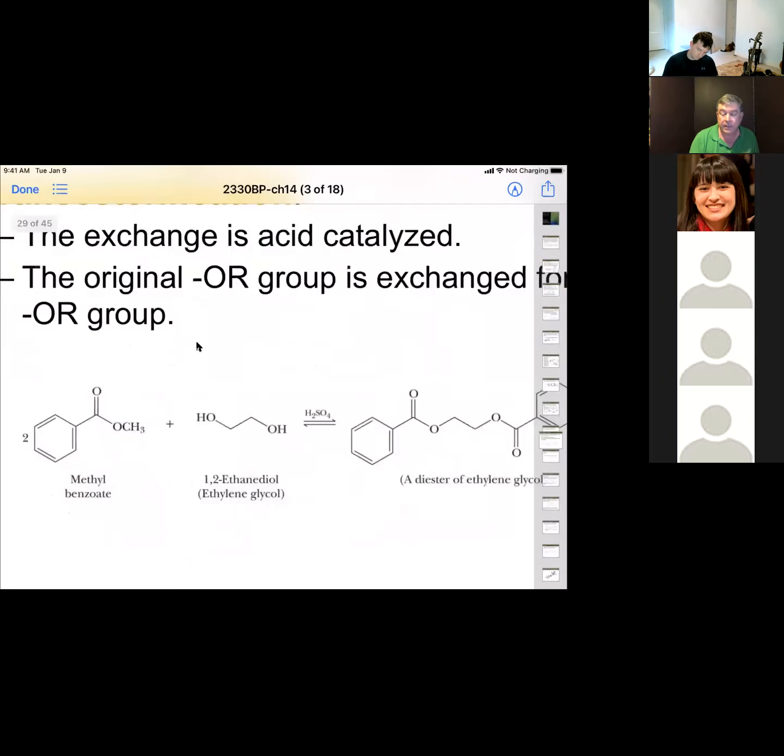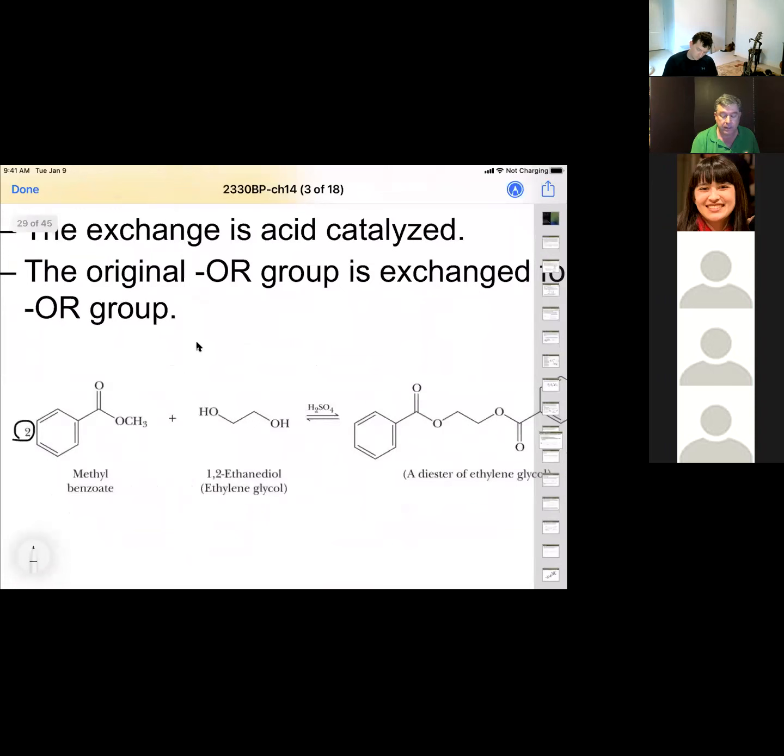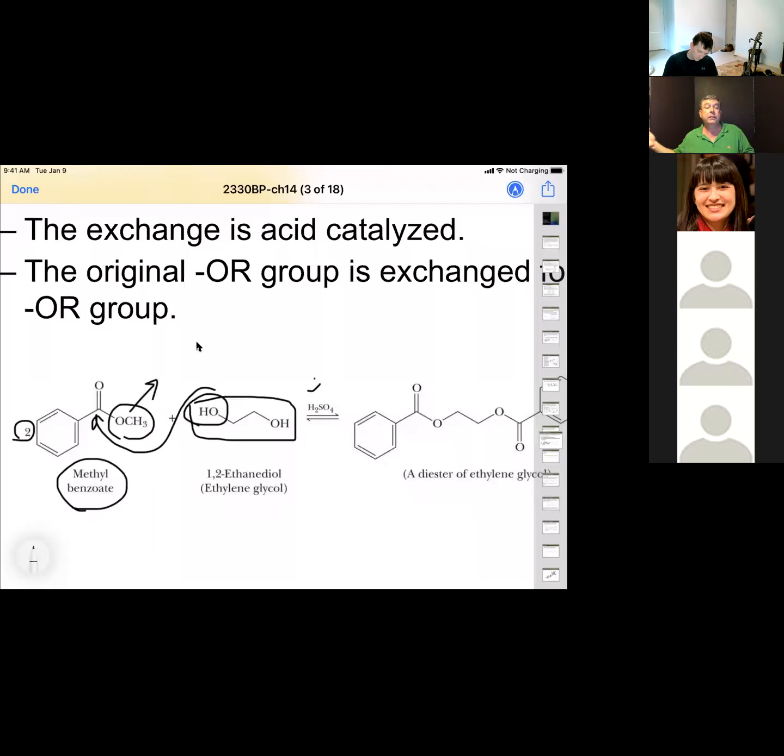So let's look at this reaction here. In this case, we have two equivalents of this methyl benzoate. So that means the alcohol component of our ester is methanol. And that boils around 56 degrees. Then if we take it and have a higher boiling one, ethylene glycol, which boils at like 200 degrees C, and we add a drop of acid, we can slowly use our alcohol as our nucleophile, and it's going to come in here and slowly displace the methanol. As it's displacing, that methanol can boil out of the reaction mixture and drive the mechanism to completion,